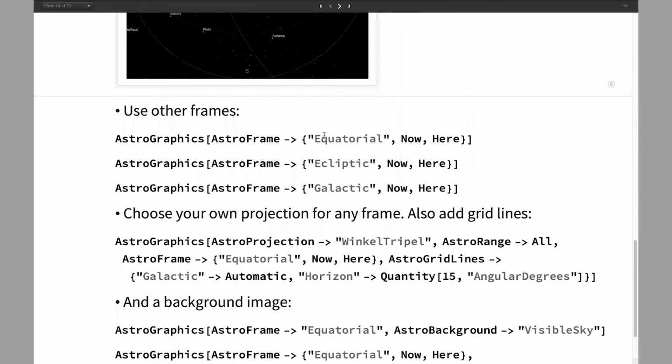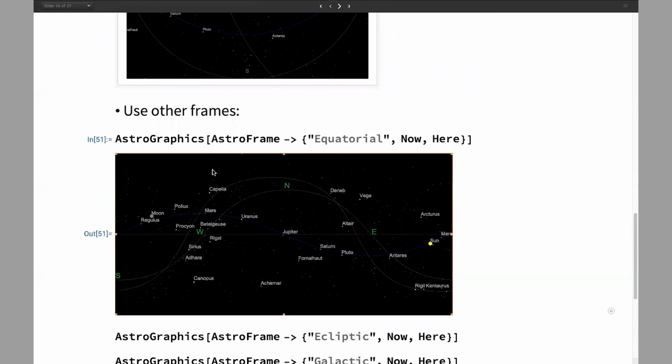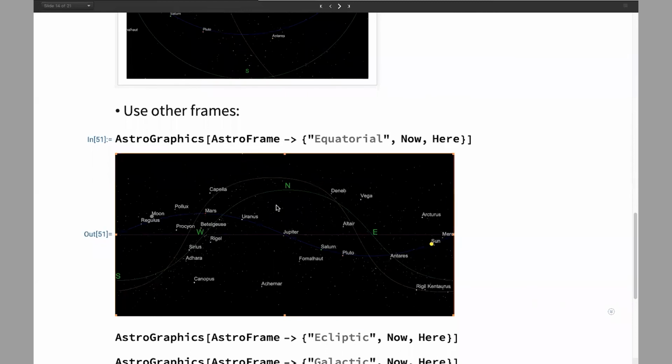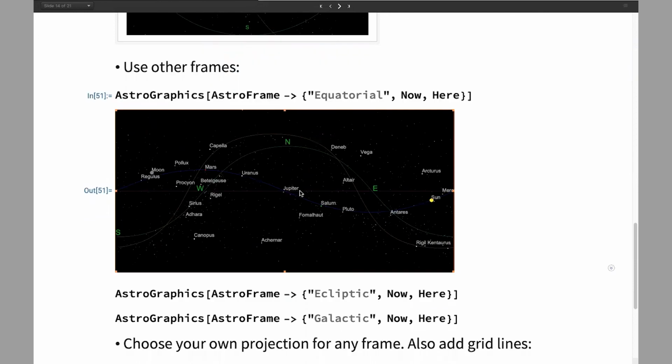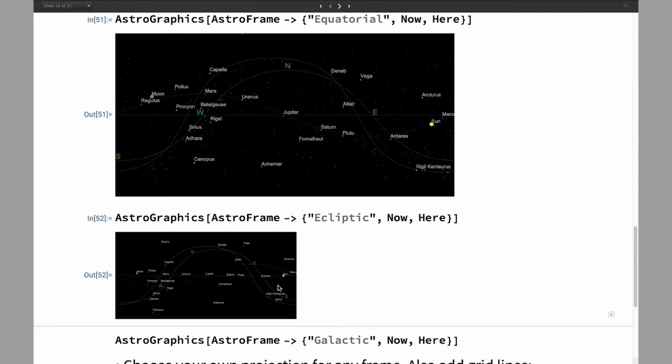We can use other frames. And this is the equatorial frame showing the whole sky. We see the 4 main planes again. So the purple is the equatorial frame. We will add numbers and things to identify coordinates. That's the ecliptic frame by default, also shown in the